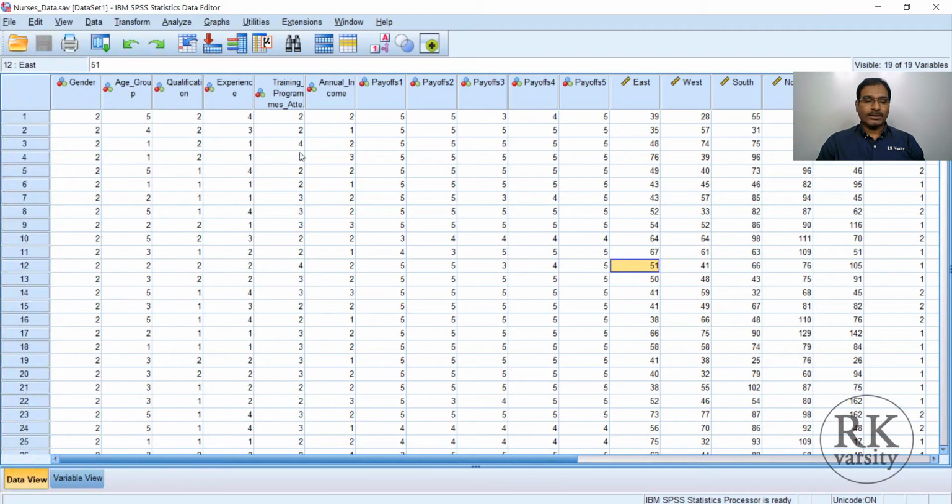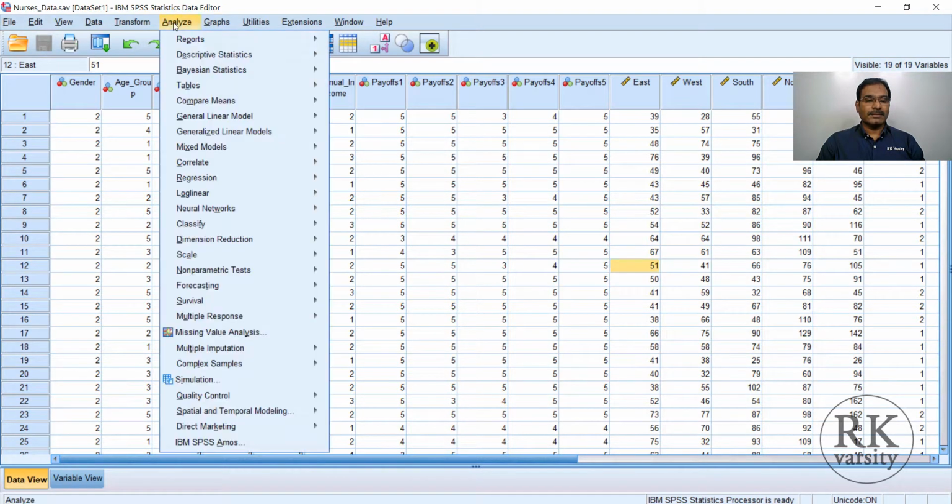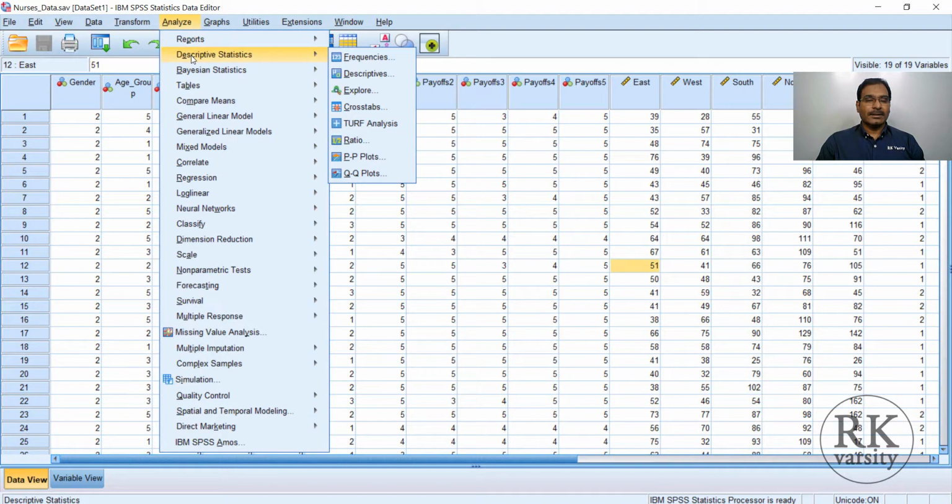Cross tabulations help you find out the association at a later stage, but at the beginning you will try to find out the relationship or frequency of respondents on two variables, that is, bivariate. To create a cross tabulation, select the Analyze command from your menu. Click Analyze, then choose Descriptive Statistics, and from Descriptive Statistics select Crosstabs.